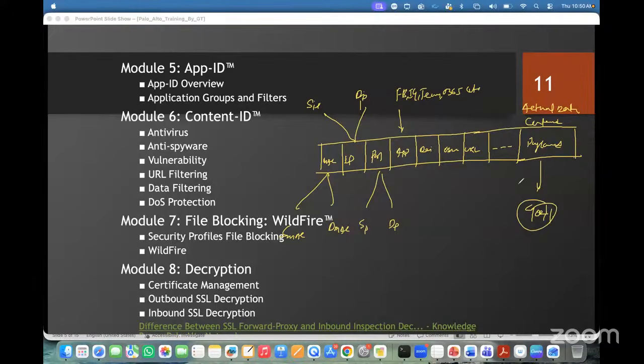Because if you're trying to access any website on the internet, you're going to interact with data, any kind of content. So that content might be mistaken, or you might unintentionally download antivirus, or any kind of spyware activity, you can download any kind of